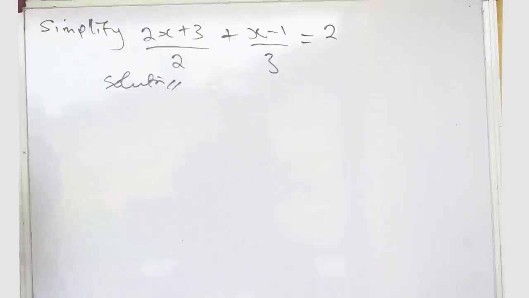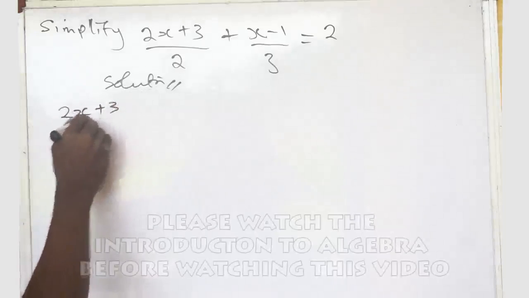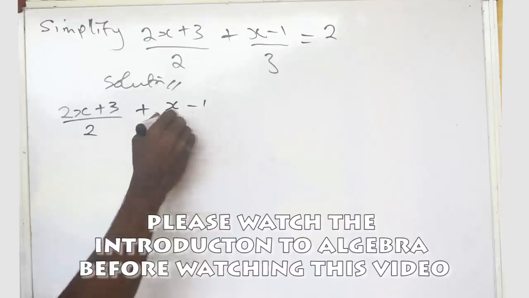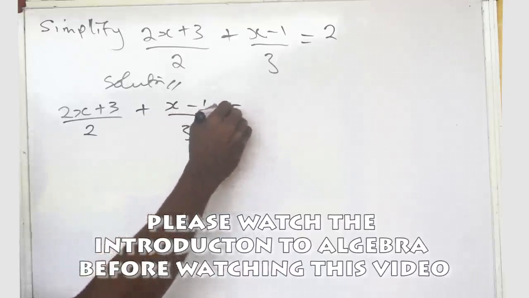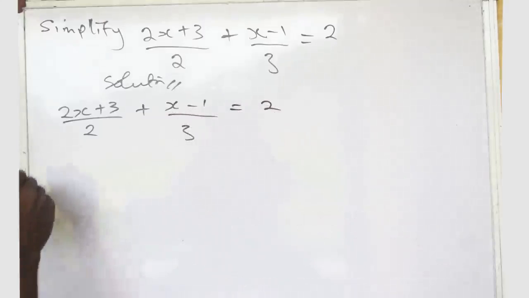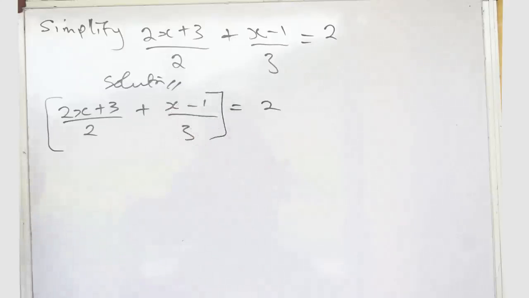In this regard, you see another question, the same algebraic equation involving fractions. So if you're given this type of thing, after writing solution, you bring the question down, equal to 2. When you bring it down, your interest will be on the left hand side for now. Forget about the right hand side. So it will be,